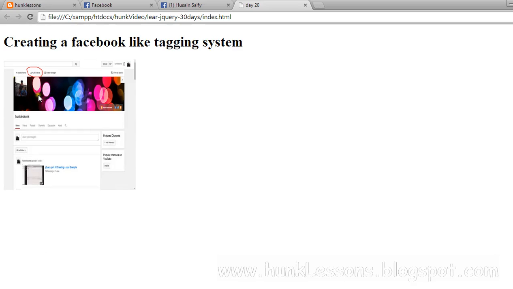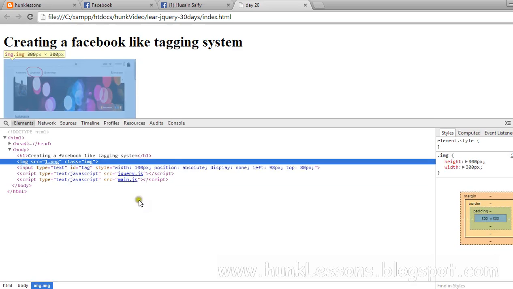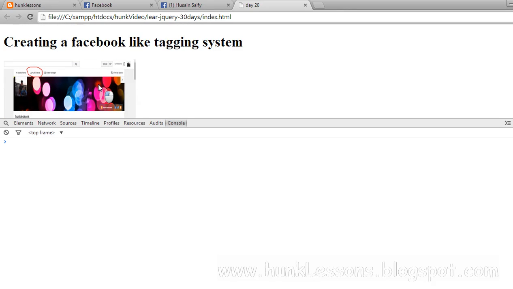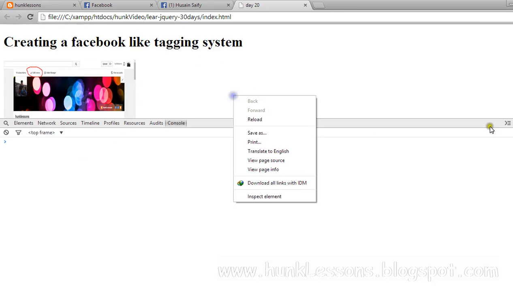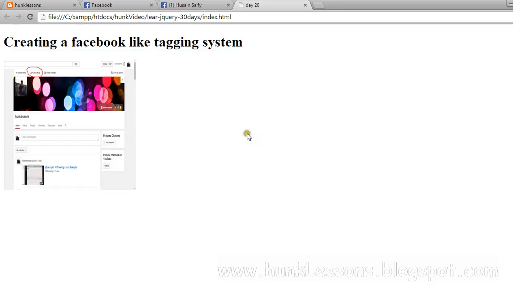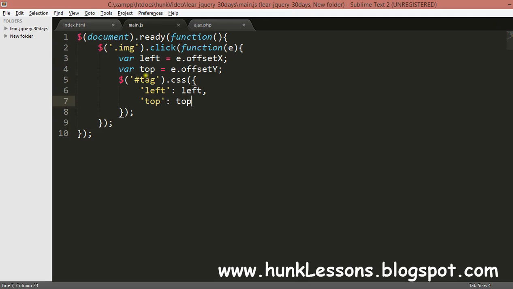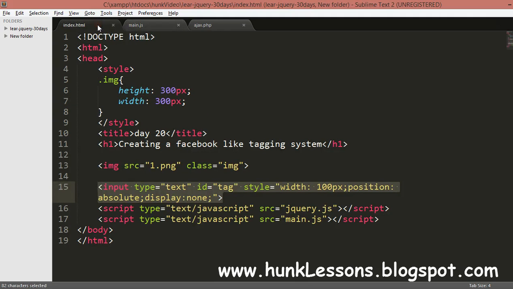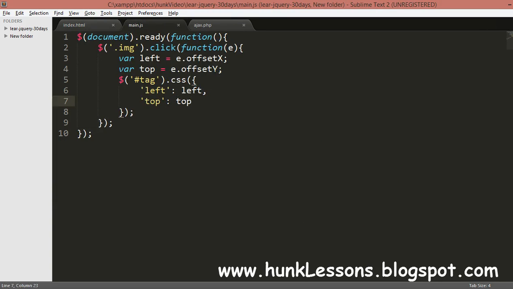Okay, not working. What's the problem? I think that it is displayed but it's not shown.